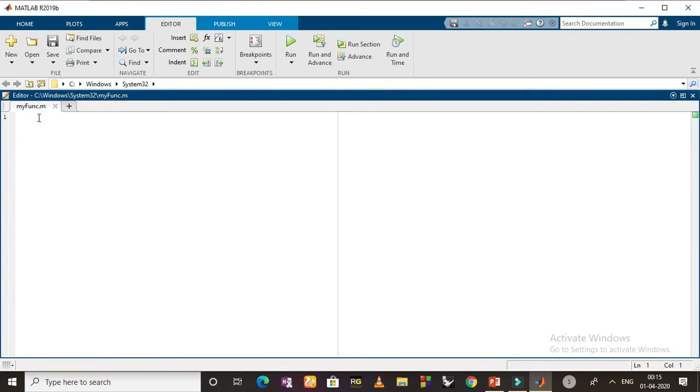So create a myfunc.m file in the editor. .m is basically the extension of this file, which means it is a MATLAB file. Okay, so the function structure will look like this: we first write the word function, then a space, and then a square bracket that will contain the outputs. So let me take output 1, comma, output 2,